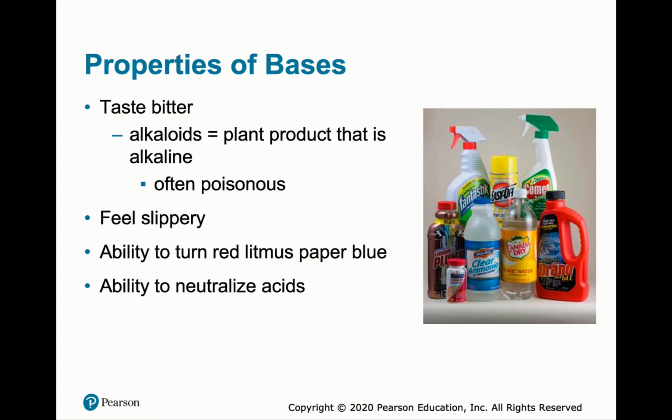So having mentioned acids, let's talk about bases. Bases taste bitter, and there's a category of chemicals called alkaloids. These are plant products. Alkaloids tend to be poisonous, and generally speaking, humans don't like bitter flavors. Humans also are not supposed to like sour flavor either, but many do like sour flavor. So things that are poisonous: caffeine, for instance, is an alkaloid, and it's extremely poisonous. And so is nicotine, cocaine.